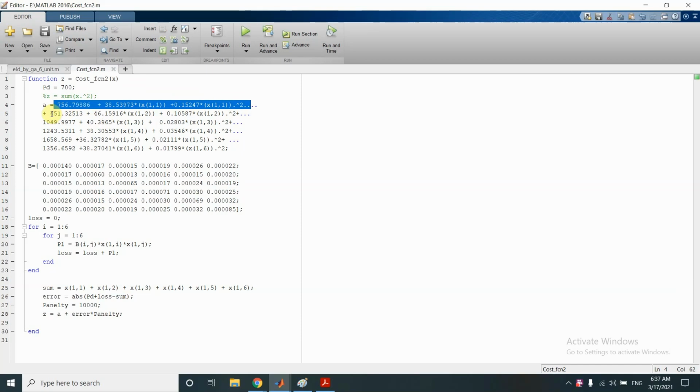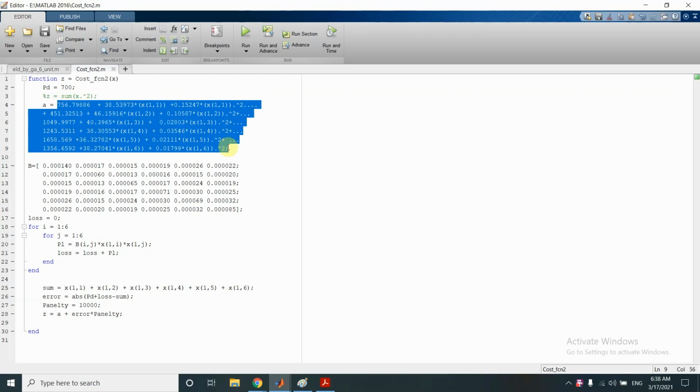Similarly, for the other 5 units as well, we will multiply the square of the generation by the ai coefficient of the respective units, and the generation by the bi coefficient of the respective units, and add that to the ci coefficients of the respective units. And once we do this for each of the 6 generating units, we would simply add the cost of all of them together.